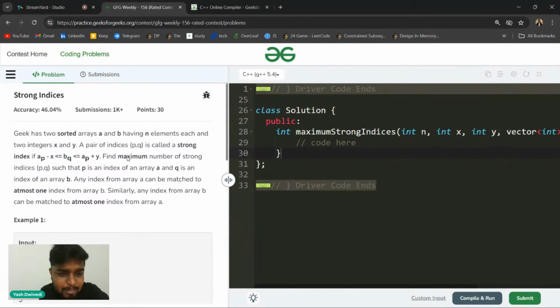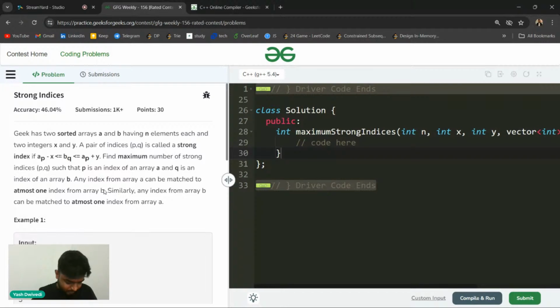It says to find the maximum number of strong pairs you can make, such that p is an index of the array A and q is an index of the array B, and any index from array A can be matched to at most one index of B. So one index of array A can be used only one time, and one index of array B can be used only one time.